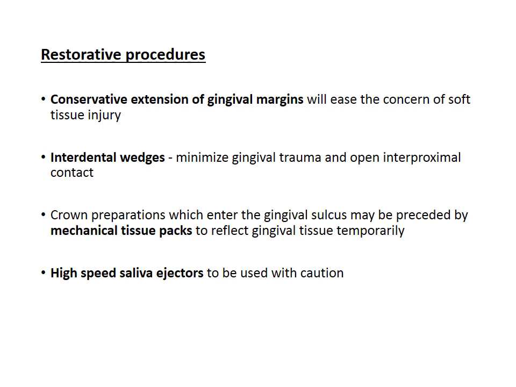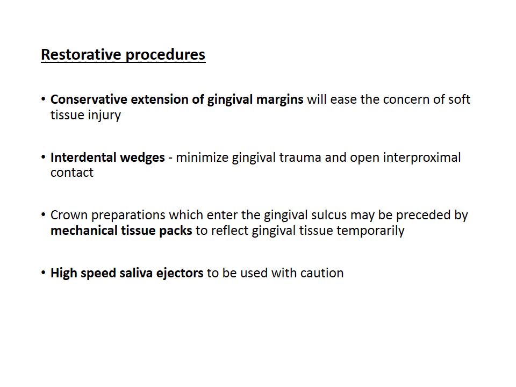Crown preparation which enters into the gingival sulcus may be preceded by mechanical tissue packs or by temporarily reflecting gingival tissues. So if a crown preparation needs to be done and the crown needs to go into the gingival sulcus, then mechanical tissue packs can be used so that you reflect the tissue away from the tooth surface, and you can easily prepare the tooth and place the crown